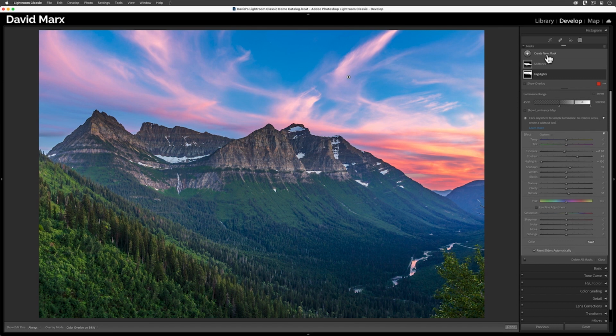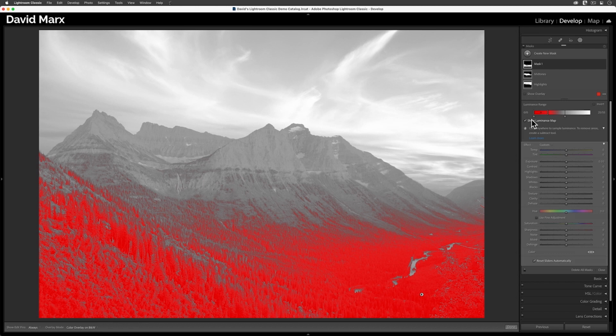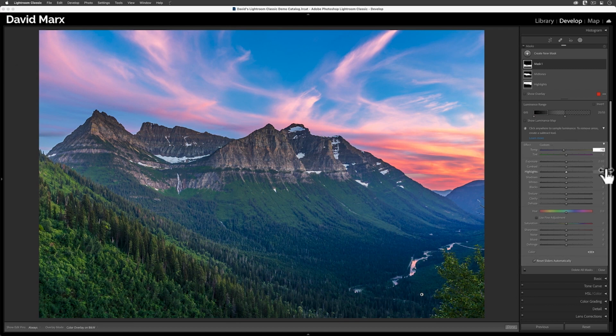Now, let's add one more mask to finish things off. This time, I want to target the low tones. I could use the eyedropper again, but instead, I'm just going to adjust the sliders myself to isolate the zone I want. With this mask, I'm going to add some blue to increase my color contrast. I think I'll also add a little regular contrast, bring up the shadows, and bring the saturation down just a touch here so that my blue shadows don't compete with the blues in the sky.